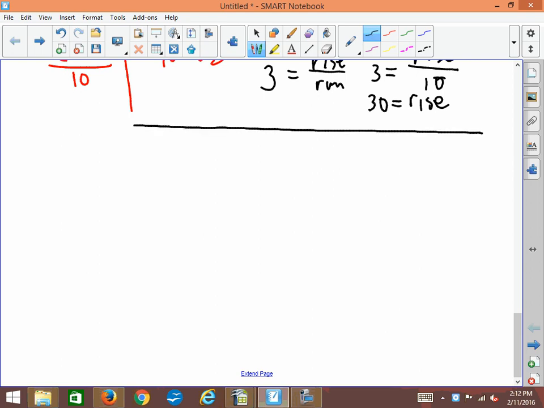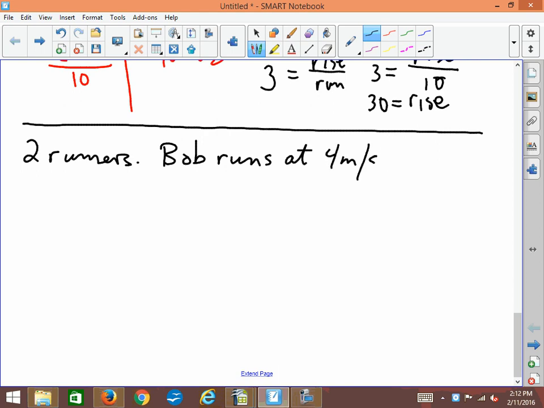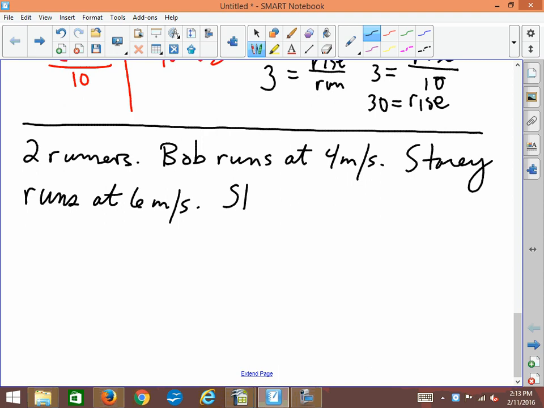So another example. Okay, 2 runners in this question. Bob, and he can run at 4 meters per second. And Stacy, she runs at 6 meters per second. So obviously she's faster. Okay. Stacy